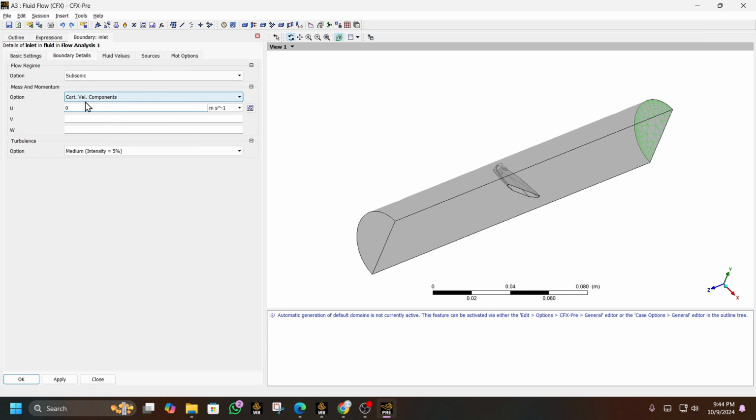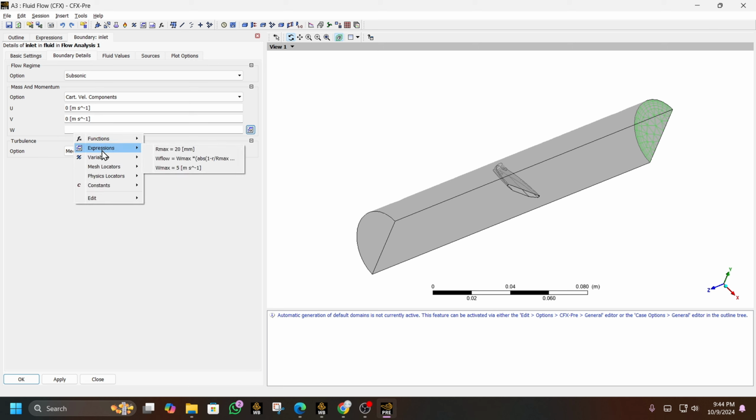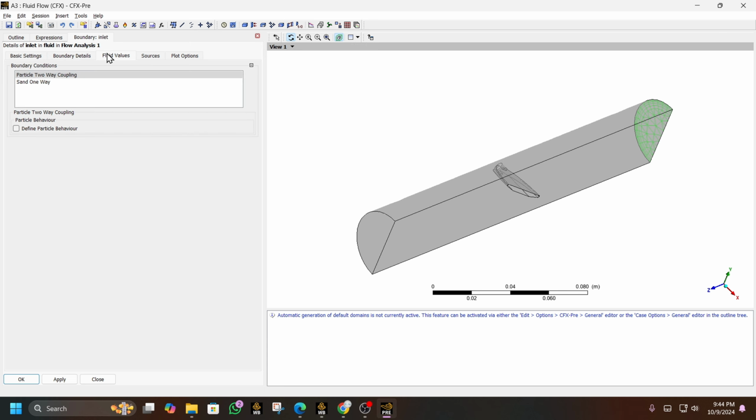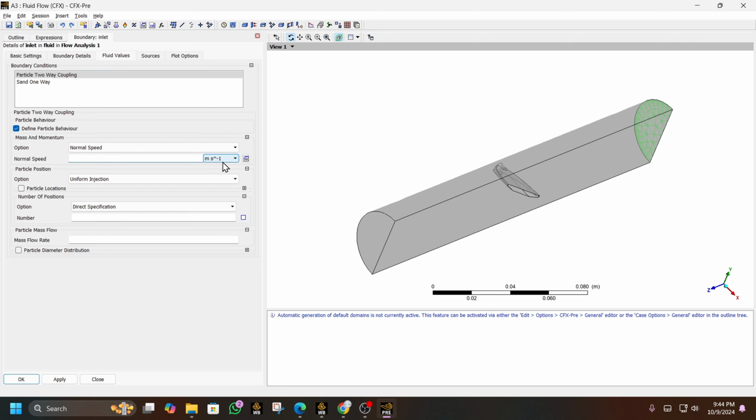In the u direction the velocity is 0, in the v direction the velocity is 0, in the w direction the velocity will be governed with the equation. So come to fluid values, define particle behavior, same method, Cartesian component,